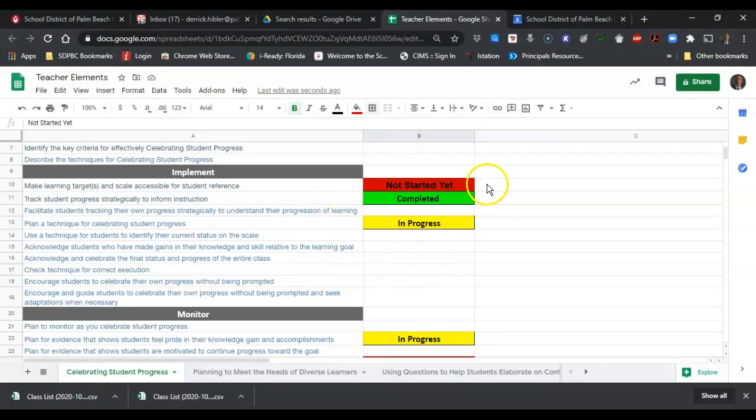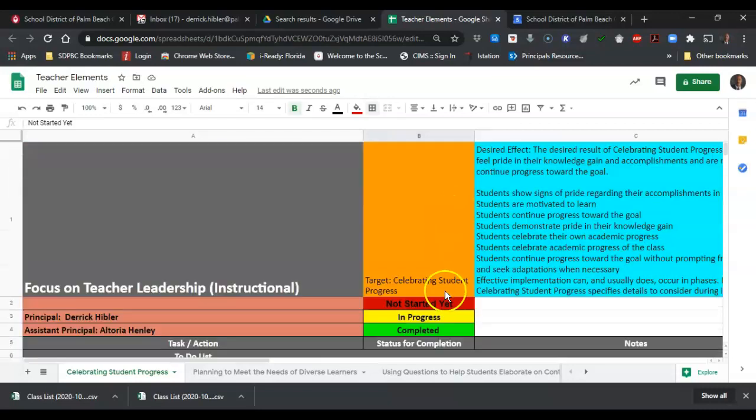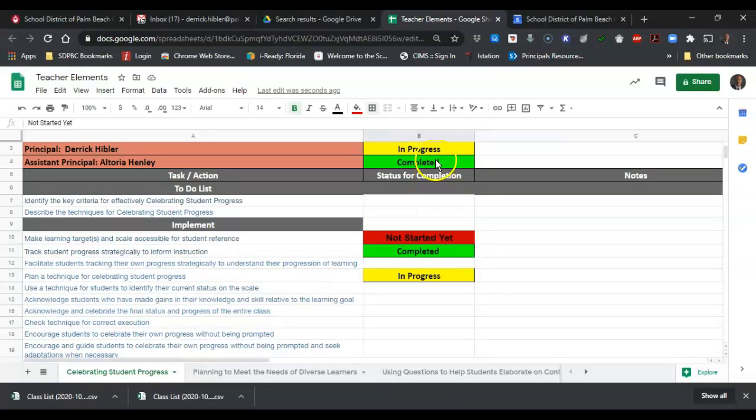You can always override anything and say, I completed this now, since I've not started it, go back up to this tool, do a Control C, and I want to override this now and change this to Control V. It would now change it to a complete. So again, this is a very, very easy,